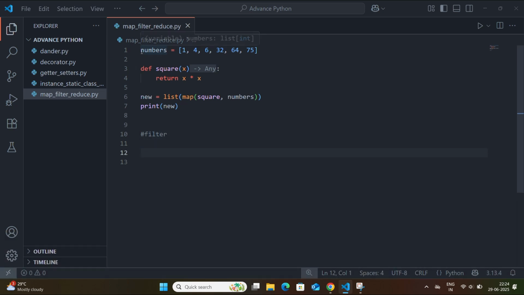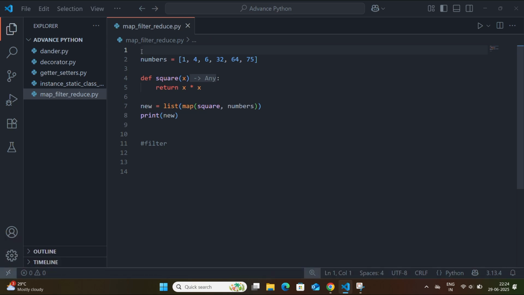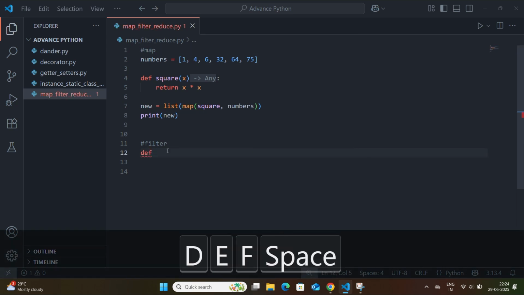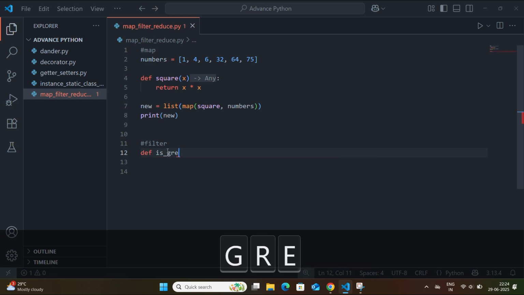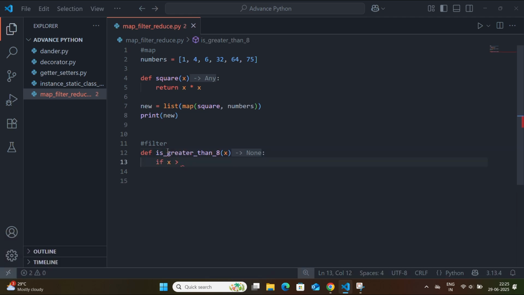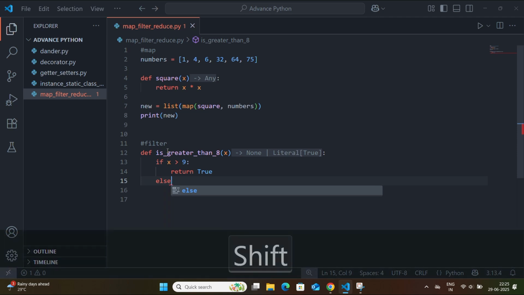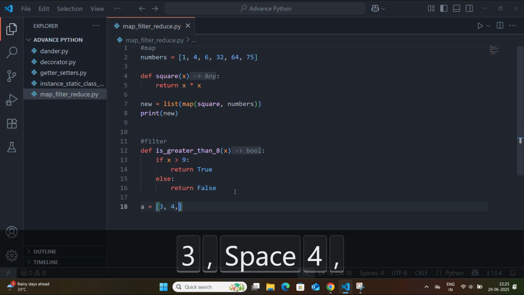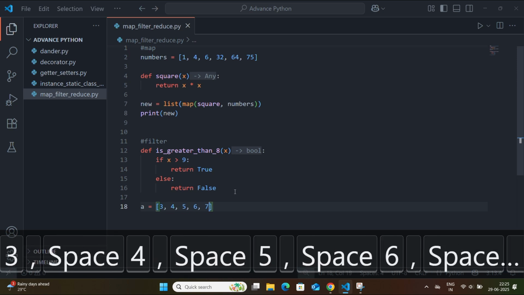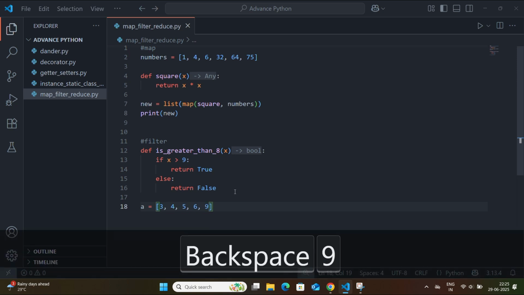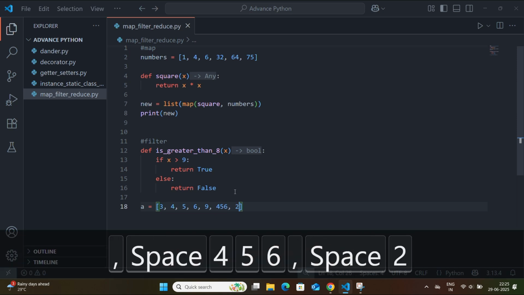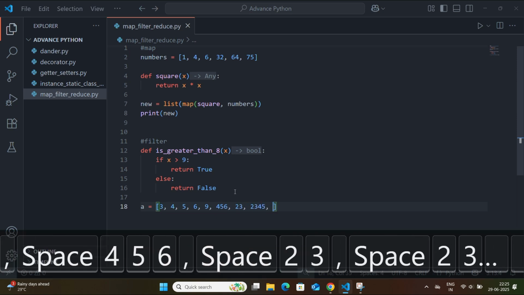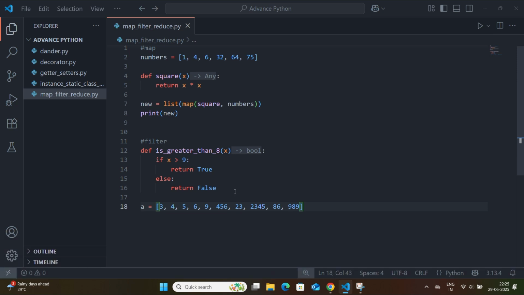Let's say you want to extract numbers greater than 8 from the list. So def is_greater_than_8(x): if x greater than 8, return true, else return false. And create a list a equals 3, 4, 5, 6, 9, 456, 23, 2, 3, 4, 5, 86, 989, 89, 2, 4, 3, 5.